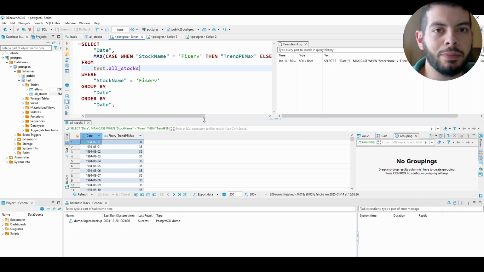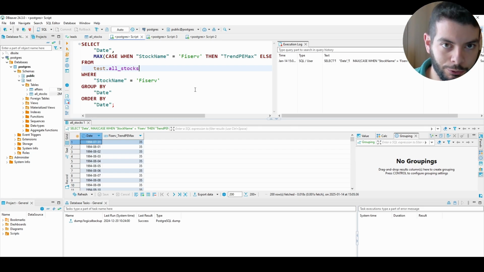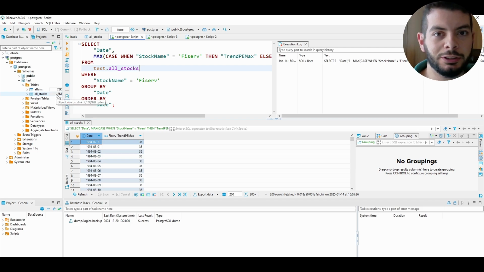If you remember, in some videos about Tableau, Power BI and so on, I build the queries with drag and drop on the whole dataset. And when you start to have a number of rows like that, it becomes not convenient.